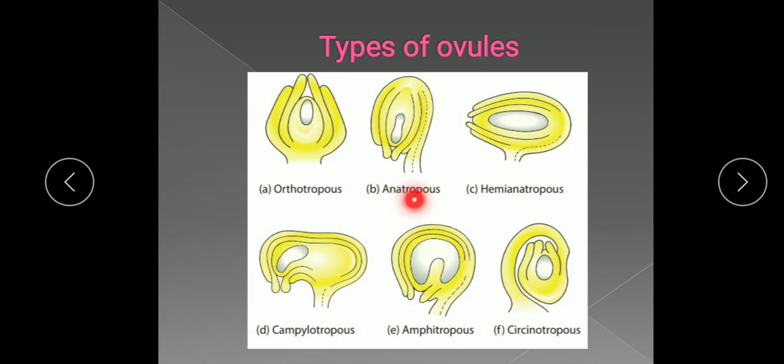Now anatropous. Anatropous is the condition where the unilateral growth takes place in the funicle, this is funicle, and the whole body of the ovule is inverted through 180 degree. So in this manner, the micropyle, this is micropyle, it comes close to the base of the funicle, and nucellus remains straight. Thus micropyle and chalaza, this is chalaza, this is micropyle, they lie in one line, and the funicle lies parallel to it. Most common type of ovule occurs in flowering plants. Its detail you will study in 12th class.